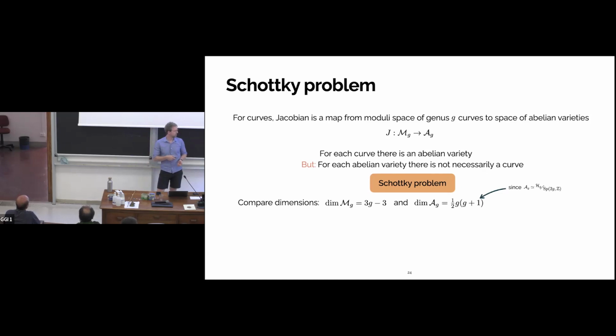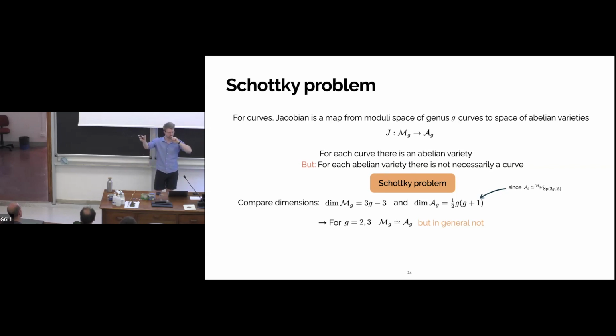You can just compare dimensions of these two spaces: the moduli space of genus g curves and the space of abelian varieties. What you find is that for genus g curves it's 3g minus 3, and for abelian varieties it's g(g+1)/2. For genus 2 and genus 3, these two dimensions are the same. So you will always be able to find essentially a direct correspondence between abelian varieties and curves, and thus